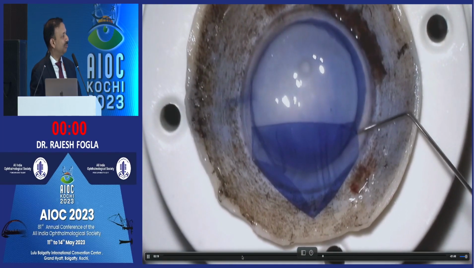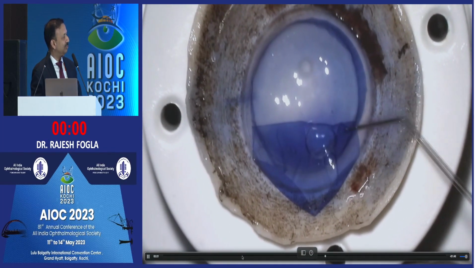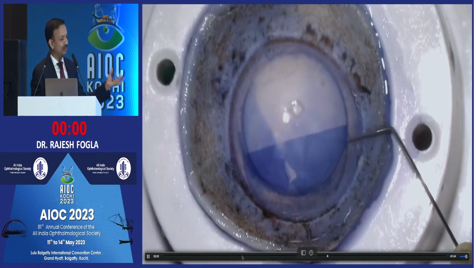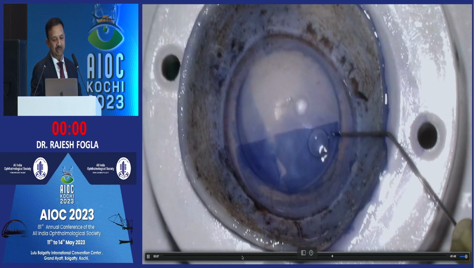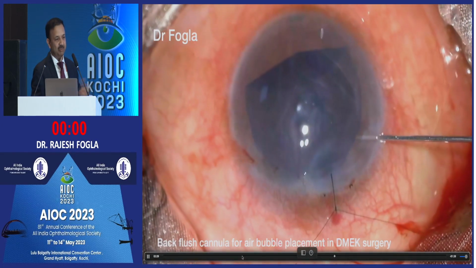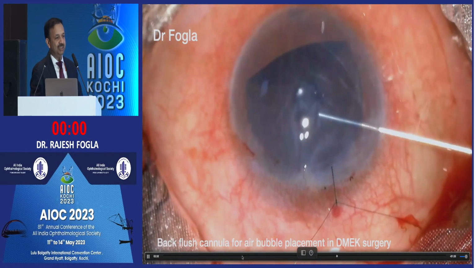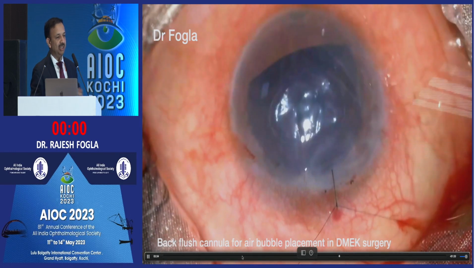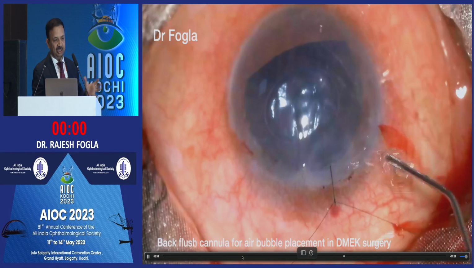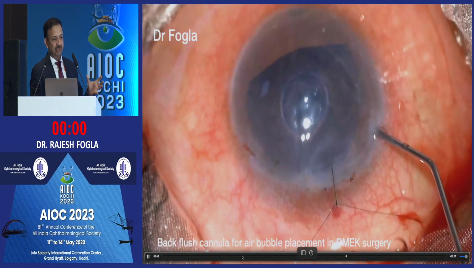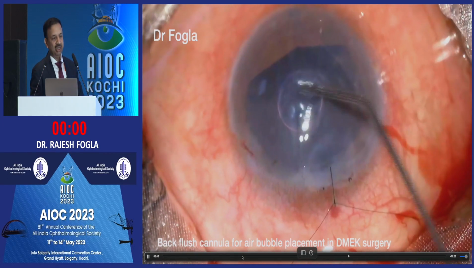You don't have to worry about having excess air. You can always get the right amount, no matter how many times you do it. It's a very repeatable scenario with a small air bubble. Even once your graft is inside the eye, you go there and you can leave a small air bubble without displacing your donor. So I think in your learning curve of DMEK surgery, even for your marking and loading and